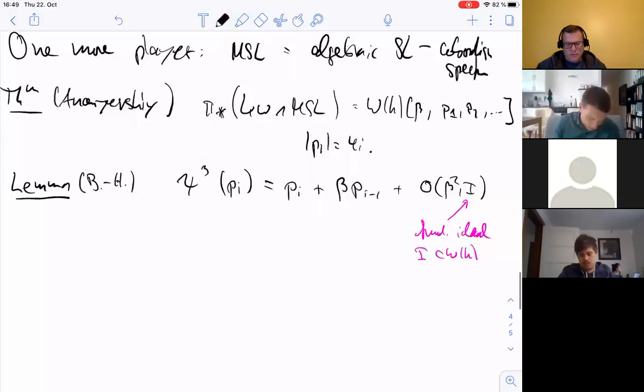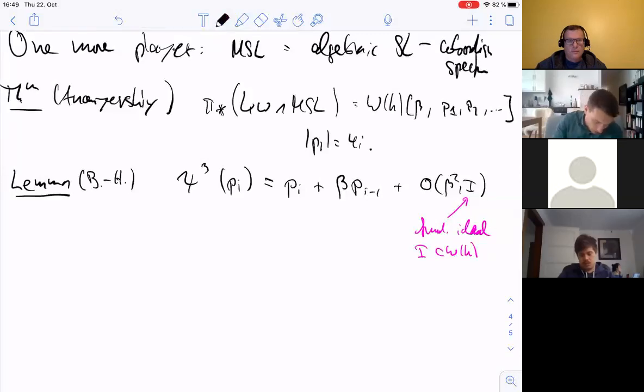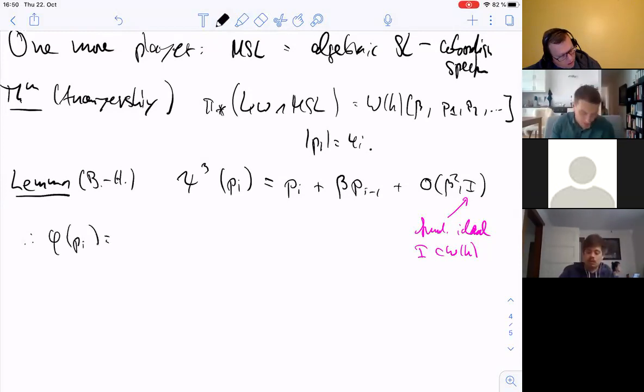All right, so now what does this buy us? Well, first of all, I can compute what the phi does, not the psi 3, right? So I compute phi of pi. And remember what was this phi thing? Well, basically we took psi 3 minus the identity, and then we somehow lifted something along multiplication by beta. So what this tells me is that if I take phi and I multiply by beta, I get psi 3